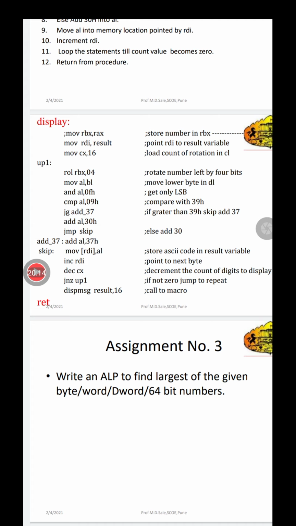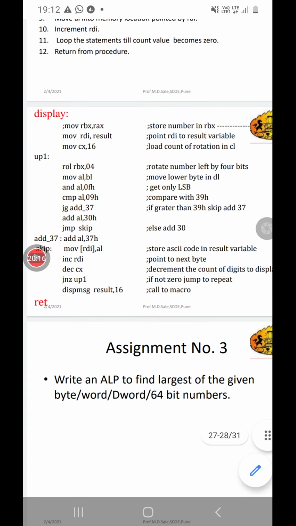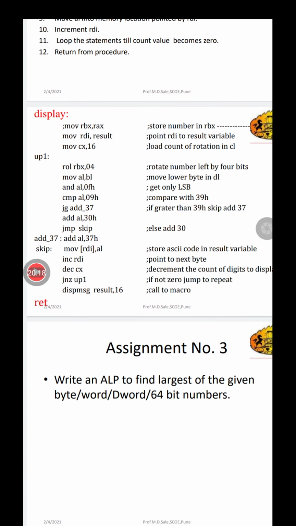Depending on that, jump if greater. That means if AL is greater than 9, then jump. That means if the value is a character, then jump if greater.